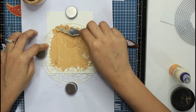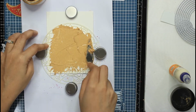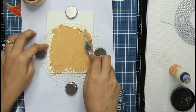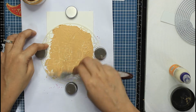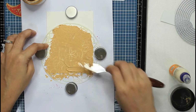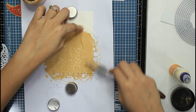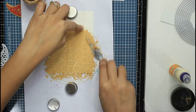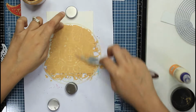Due to the nature of gel right now, it looks opaque and white in color. However, once it starts drying it will become transparent. So while applying the paste, you will see that I don't do a lot of scraping. I'm leaving enough paste on the top of the stencil as well, so that you don't see the stencil design through the gold paste. Now that is a trick if you want to do a raised stencil effect like how I